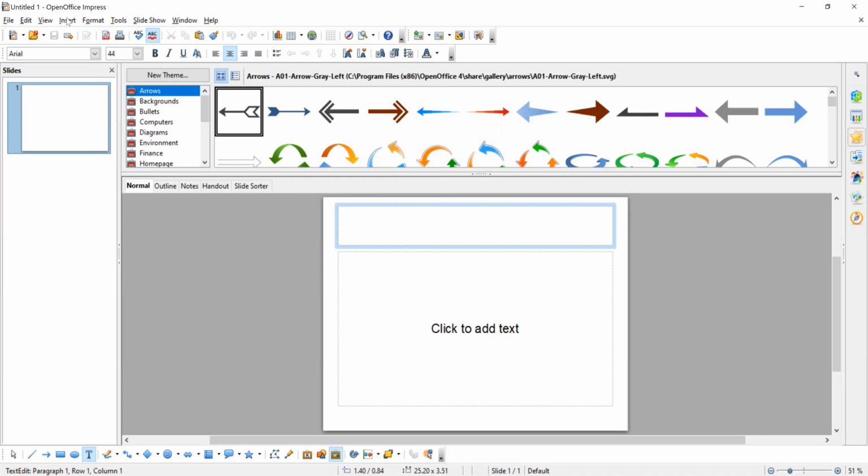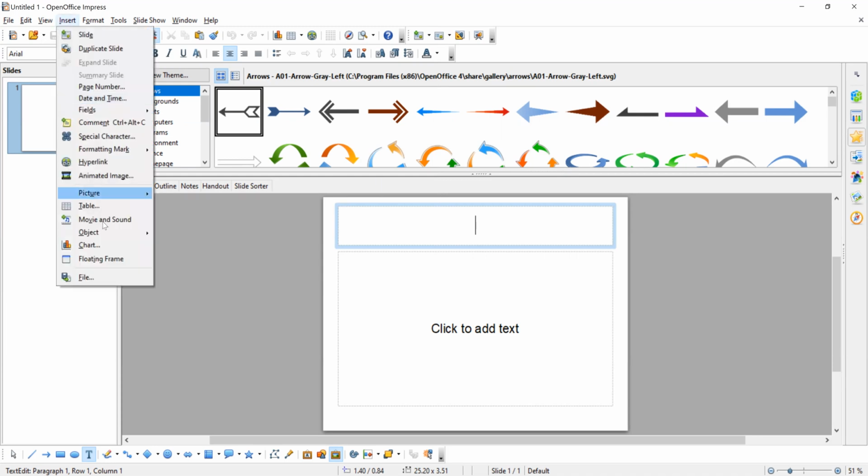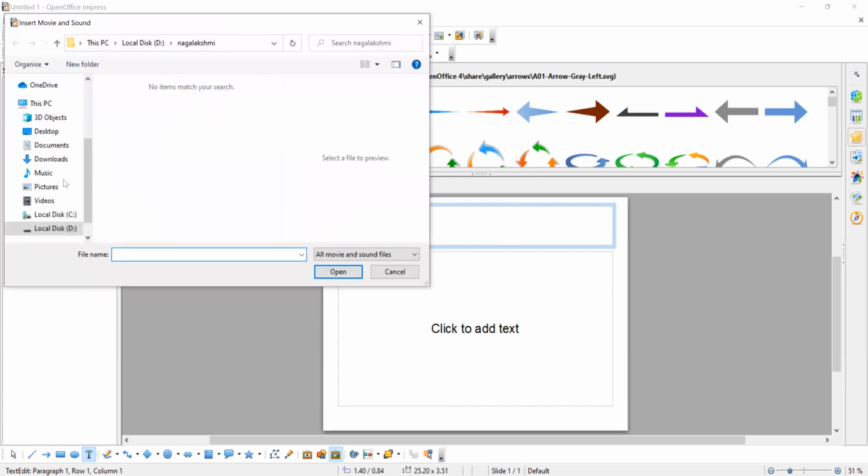What happens if we insert? But as of now, nothing is there. Let's see.